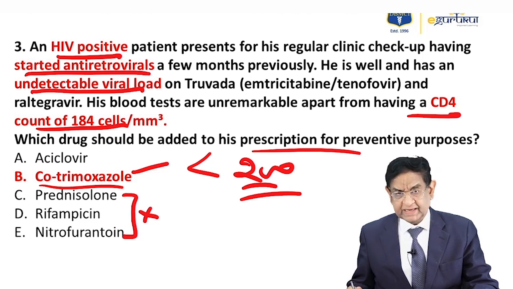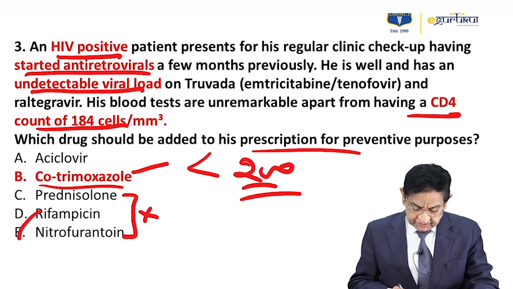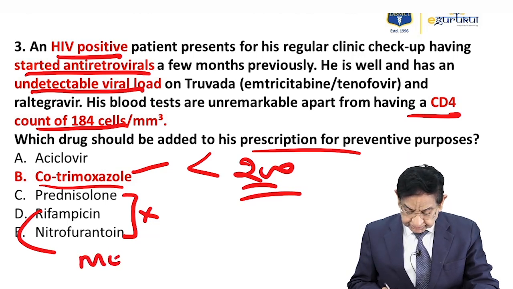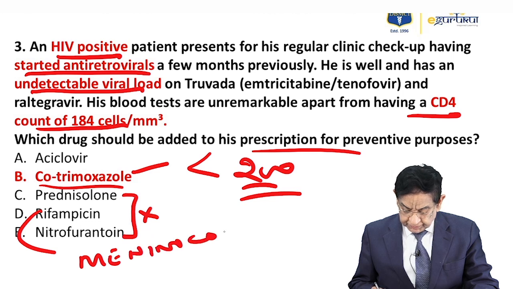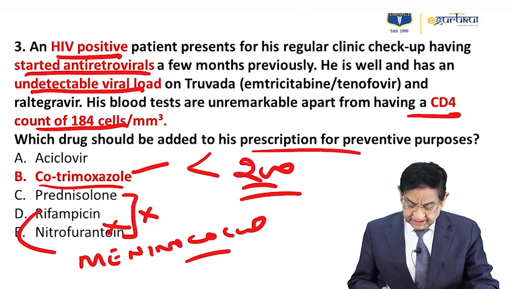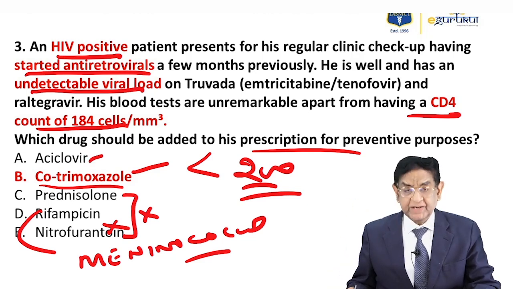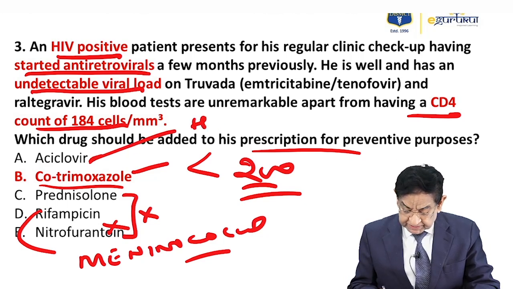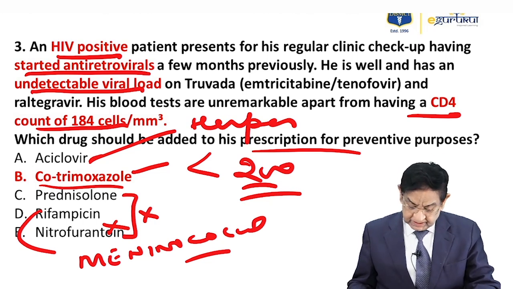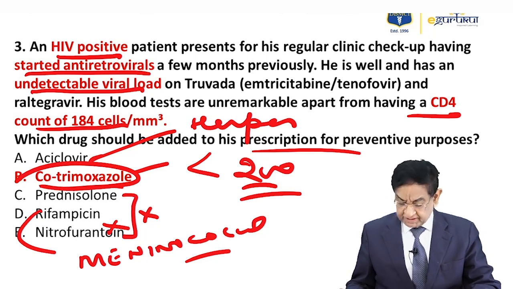prednisolone, we don't use for prophylaxis. Rifampicin also we normally don't use for prophylaxis, except in case of meningococcal meningitis. We can use it as a prophylactic drug, but that is an altogether different scenario. Nitrofurantoin is used for UTI, but not for prophylaxis. Acyclovir we can use for herpes, normally for treatment, but very rarely it can be used as a prophylaxis also. So in the setting of HIV, the best answer is co-trimoxazole,